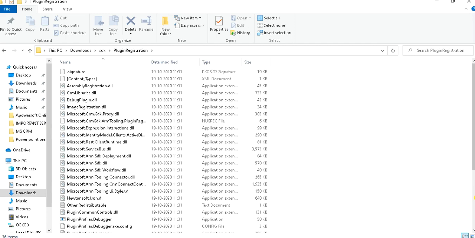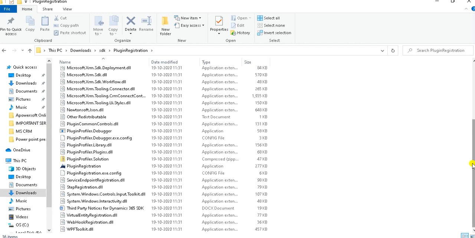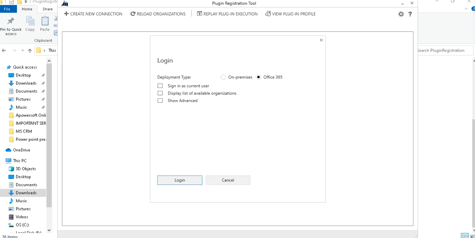These DLLs are used inside C# code to register a plugin, and this is the plugin registration tool. I have extracted the file, that is why I am able to see plugin registration tool. Once you download it, do extract the file, and you will find this plugin registration tool. You just need to double click on it and this kind of picture will be available. I'll show you about this in detail in coming videos.